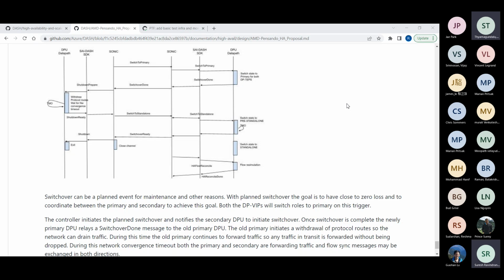Yeah, so once we withdraw the route on the old primary side, we don't know when traffic might start hitting the standby from the network. So that is why it moves to active just before we withdraw the route. We prep by going to active state, so that once the route is withdrawn on the primary side, on the left side, we are ready to forward traffic on the right.